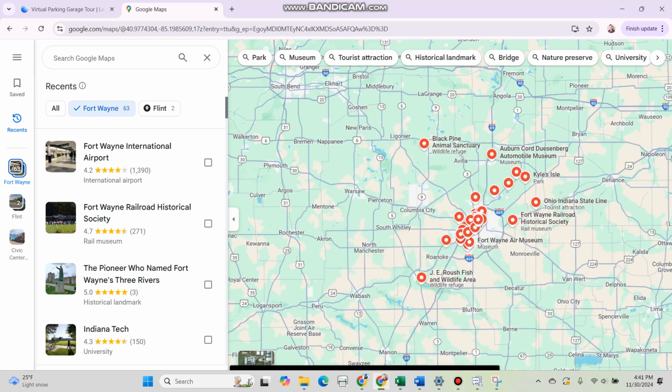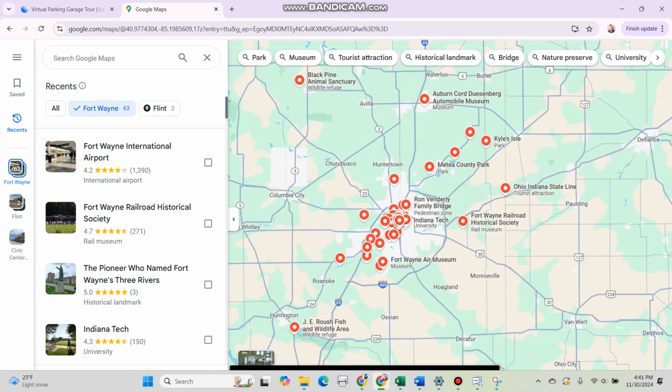So this is going to cover a detailed and extensive list of the entire Fort Wayne surrounding area, some areas in Northeastern Indiana, as well as the downtown district. But I wanted to show you a whole bunch of different, not only affordable and maybe some cheap things to do, but mainly spots if you guys are looking at taking new photos, or specific areas, maybe hidden